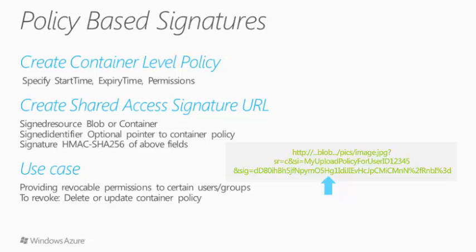The only difference, as I said, is a disadvantage of the ad hoc shared access signature. If you create a policy-based signature, you can easily revoke all permissions. You can change this policy's permissions on your server side, and after that every request will go and